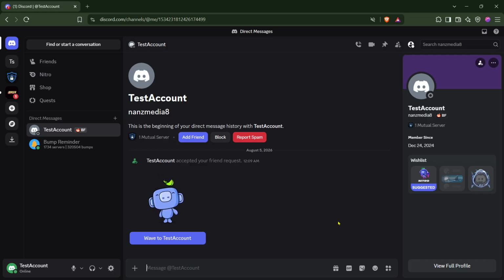Just open the conversation and click Unblock in the modal that appears. Blocking someone removes them from your friends list automatically, so you'll need to send them a new friend request if you want to reconnect after unblocking. You won't see any messages they sent while they were blocked, and they won't know you've blocked them unless they try to message you and notice their messages aren't going